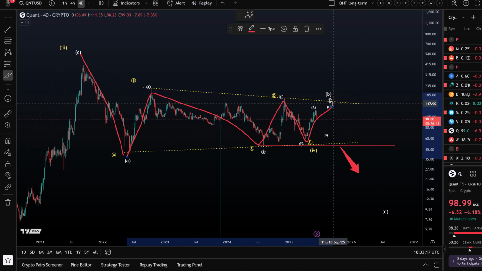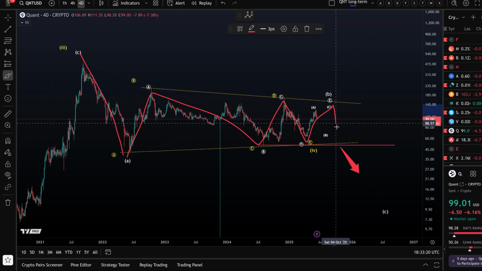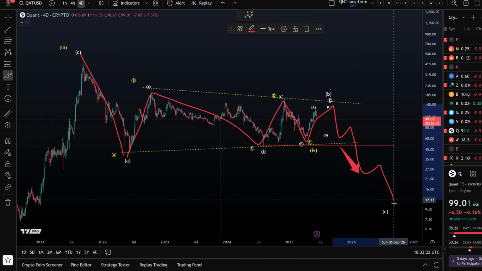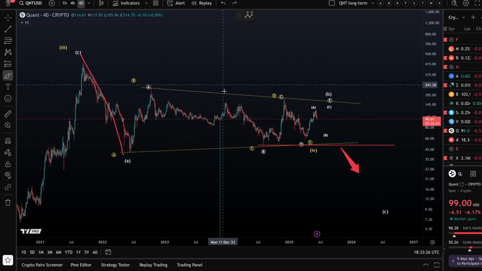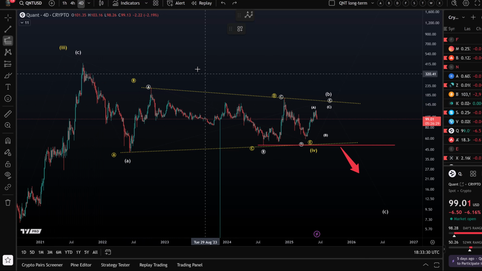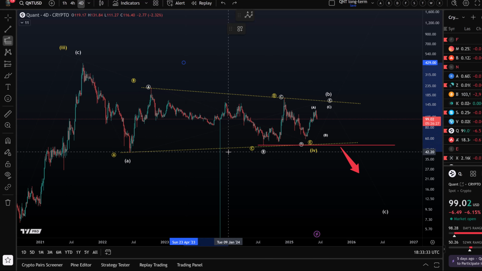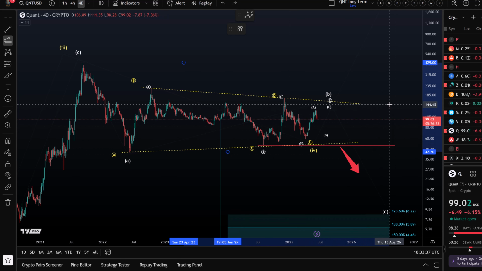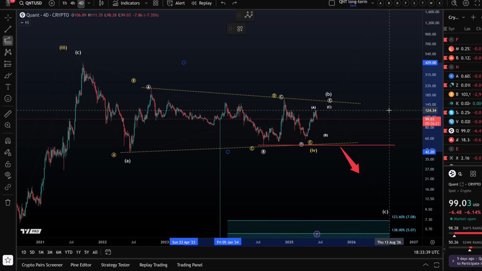And a C wave to the downside would likely unfold in 5 waves and send us maybe even into the $10 area. You might think that sounds far away. Well, it does. But if we look at the standard targets for such a C wave, we measure the length of the A wave. We go to the high of the B wave, which would be the end of the